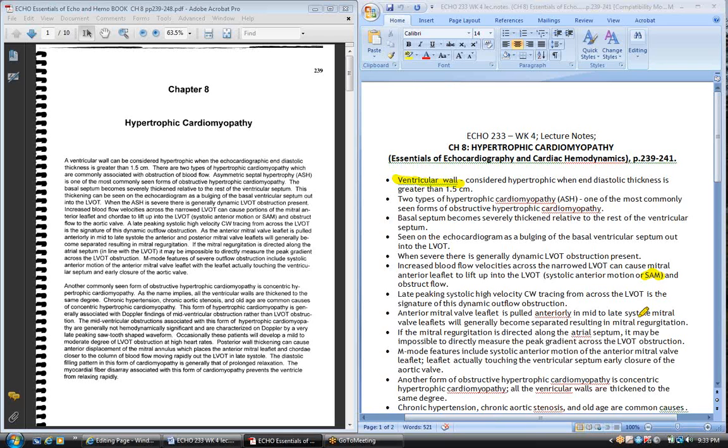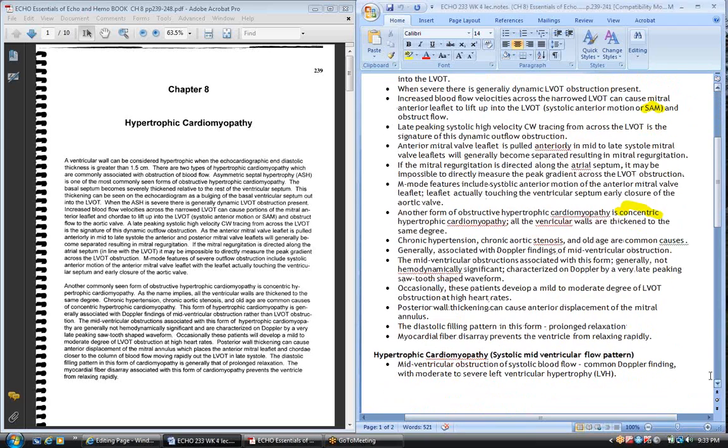All the ventricular walls are thickened to the same degree. So you have ASH and you have concentric. Remember, ASH is where your septum is thickened, the rest of the walls are not. Concentric is where all ventricular walls are thickened to the same degree. Chronic hypertension, chronic aortic stenosis, and old age are common causes. This would be referred to as hypertensive